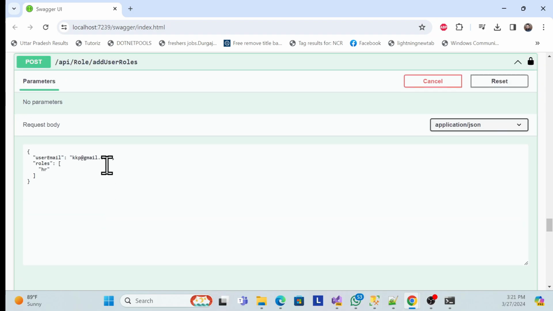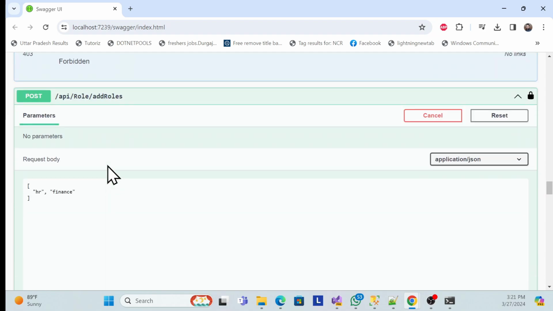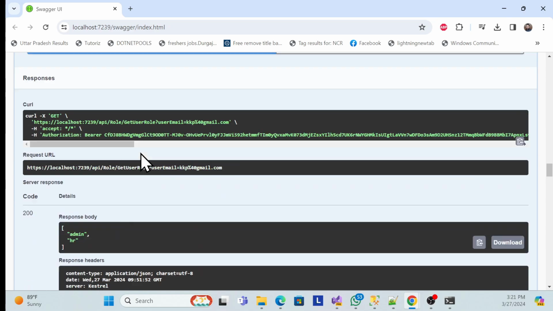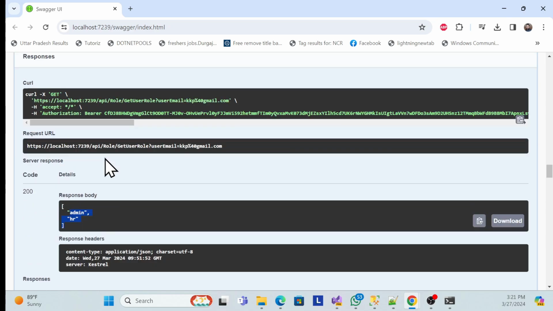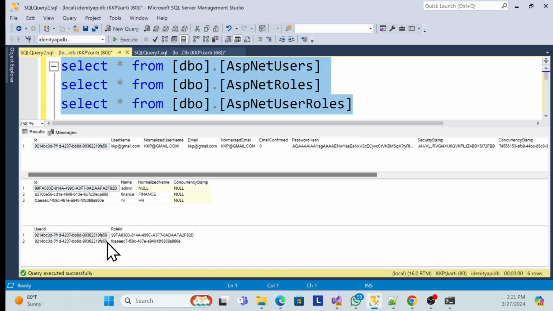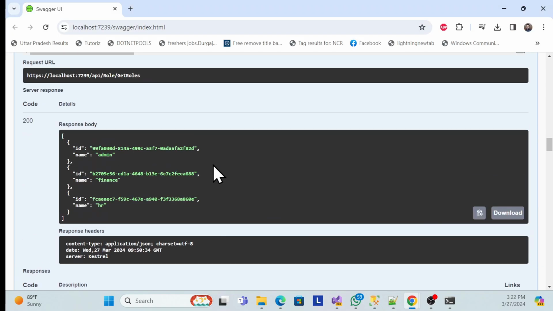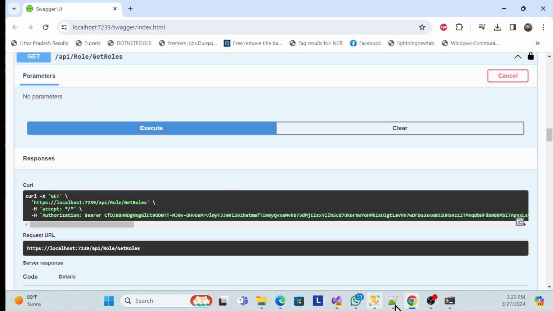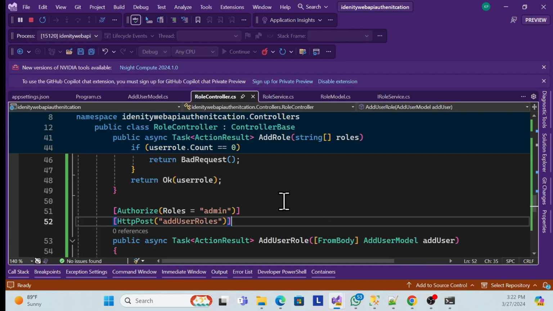If I get that execution over here, for example this one, right? So once I execute, now it has two roles, right? And go back to the db, it should be two roles, right? See, this one user has two roles, right? So like this way actually you can do authentication and authorization, right? So it is a nice thing actually